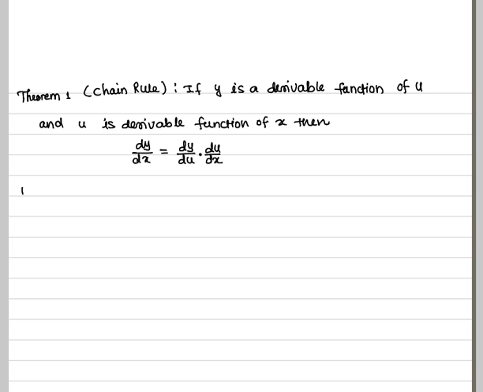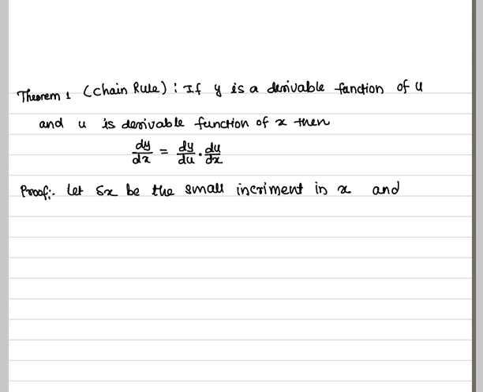Okay, see the proof. This is a very important result from calculus. So it is given that y is a derivable function of u and u is a derivable function of x. The independent variable is x. So we suppose delta x. Let delta x be the small increment in x, because it is the independent variable, so it changes first. Now it is given that u is a function of x, so u changes accordingly,